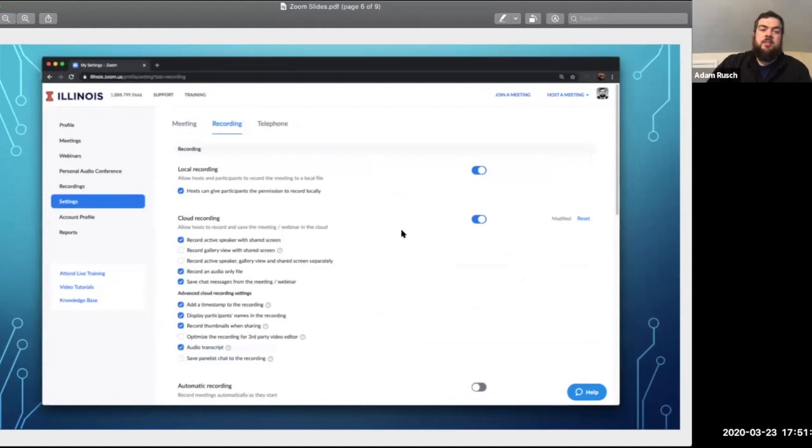In your settings, you can set things up. I want to show you one thing that's really great if you're worried about accessibility, which everybody should be. Down here, they have the audio transcript capability. You might have to turn this on. I don't think it's on for most people by default, but if you click on this,